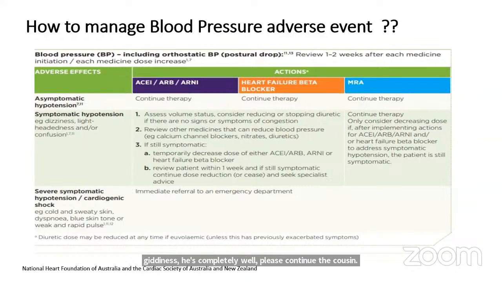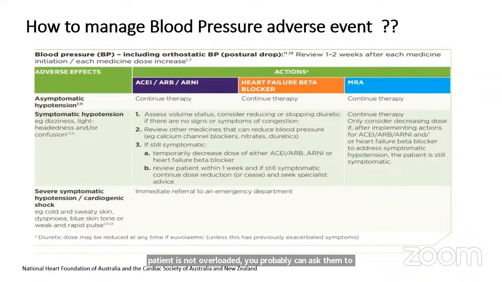That means you continue their ACE or ARB or ARNI, continue their beta blocker, continue their MRA. But let's say your patient is symptomatic. The patient says that he has a headache, lightheadedness, and also confusion or dizziness. So in that condition, what you should do is first assess the volume status, because some of these patients we would have included a loop diuretic, which we would have asked them to continue without stopping. So if the patient is not overloaded, you probably can ask them to stop the diuretics